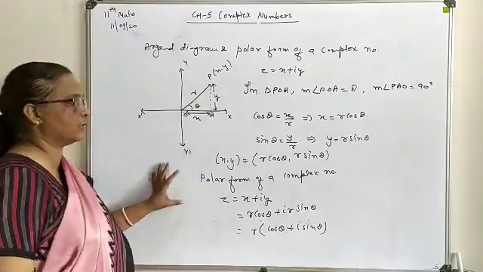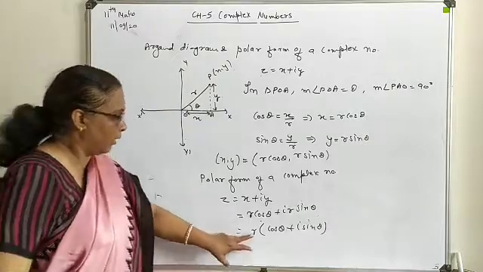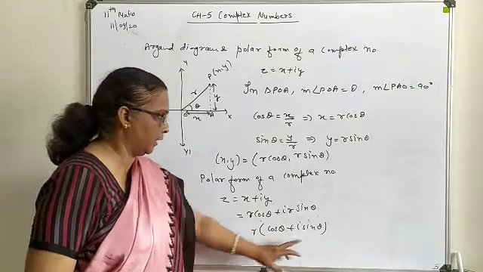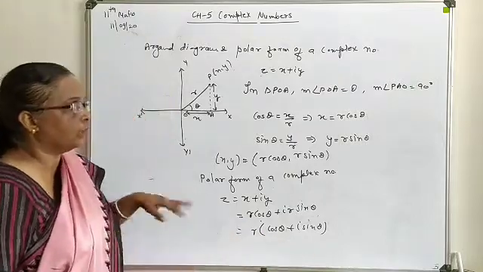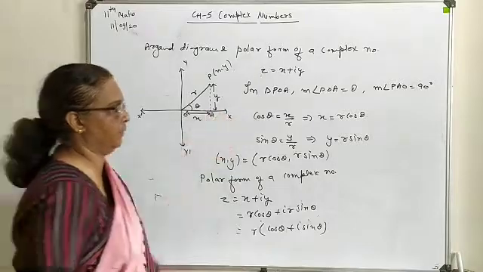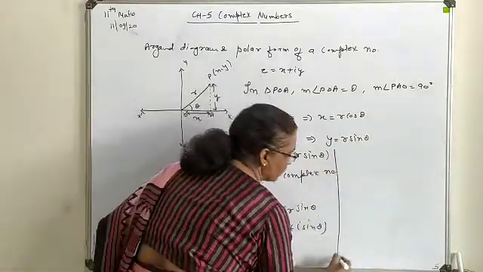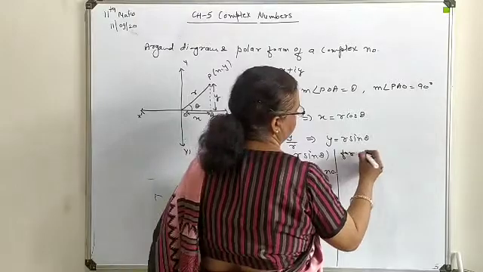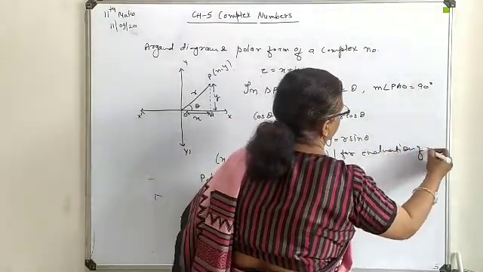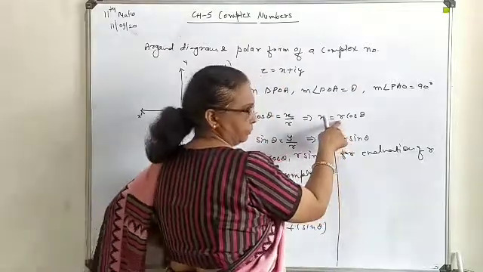So this is known as the polar form for a complex number. Whenever there is a talk of a polar form, you have to write down the value for r and theta in this form. Now how to find out your r for a given complex number? For evaluation of r, what do you have here?